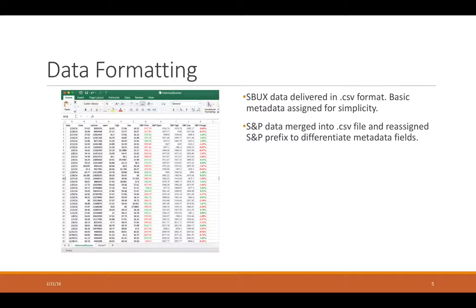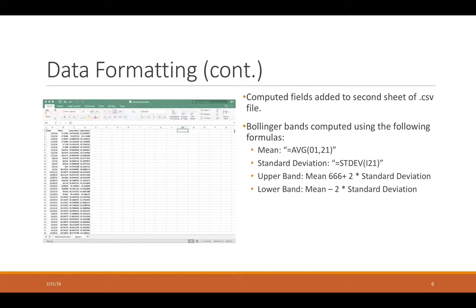Formatted the data. Originally got the data from NASDAQ in a CSV format file. I left basically the data alone, as the metadata was pretty basic and easy to understand. I compiled the S&P data into the CSV file and standardized it so that all the dimensions matched up with the measures. And on the secondary page, on the next page, this is where I did my computational analysis, where